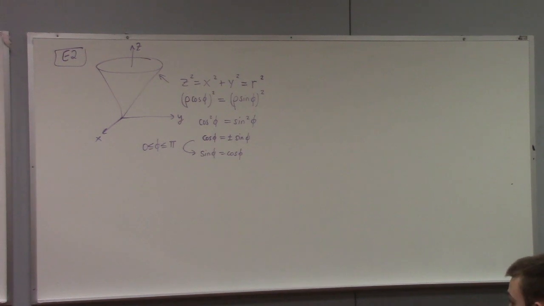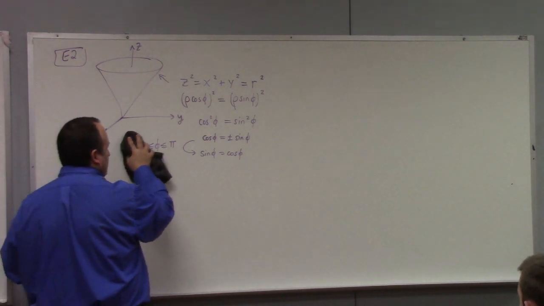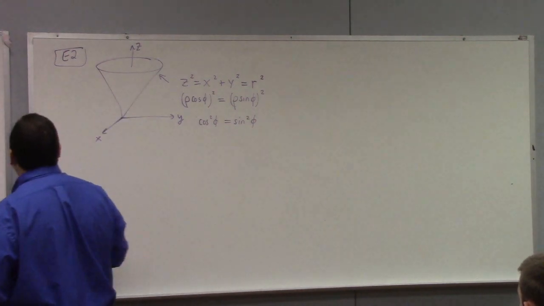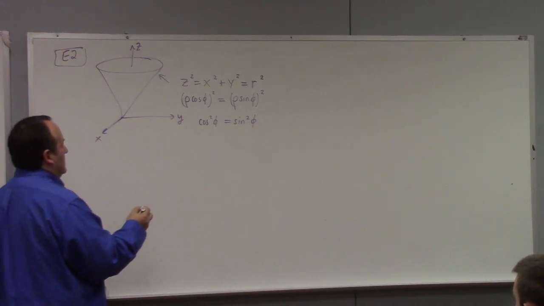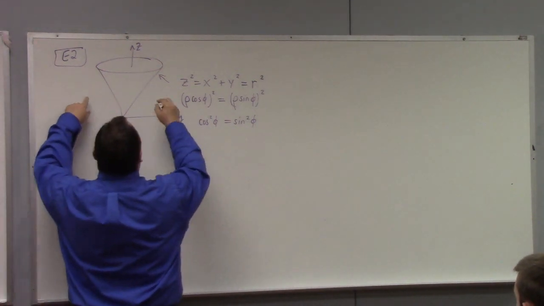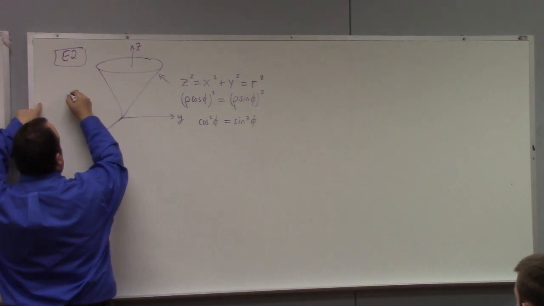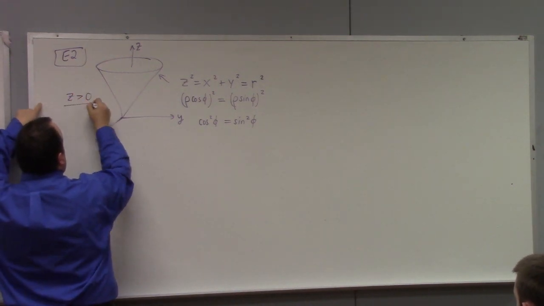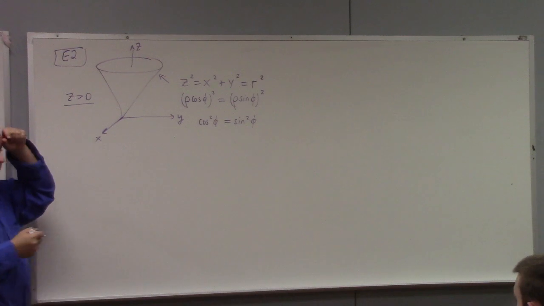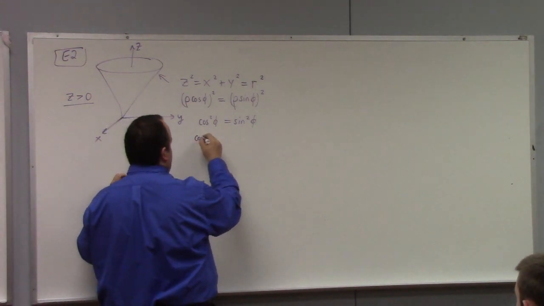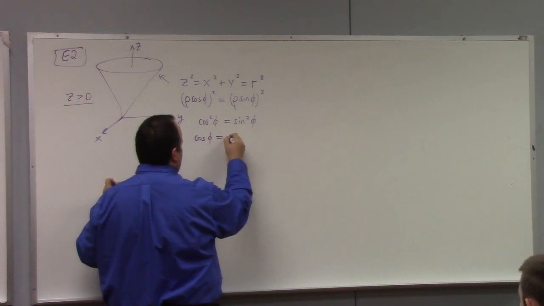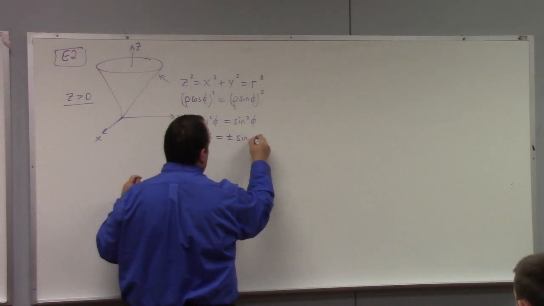My point to you is, let me just stop a step earlier and point out, what's the solution here? Oh, I'm an idiot. There are two things. So let's just say that z is positive, right? I shouldn't deny the math. The math was telling me, and I was in denial for a second, that sine phi is plus or minus sine phi, right?